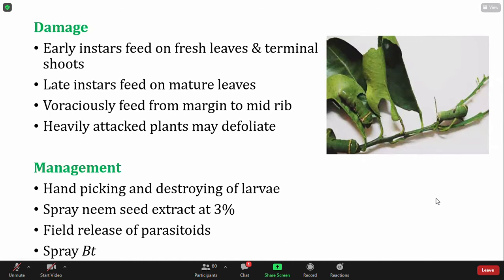And for your discussion part, please note it down: how BT works in the insect gut. Have you noted it down? Yes, miss. Okay, you have to differentiate the insect gut from the human or other reptiles and how it works only in the insect gut, right? Did you get my point? Yes, miss.